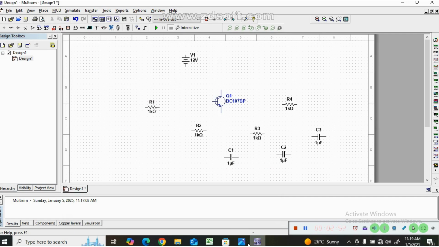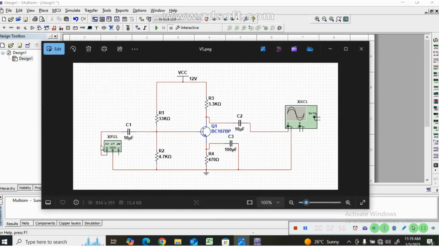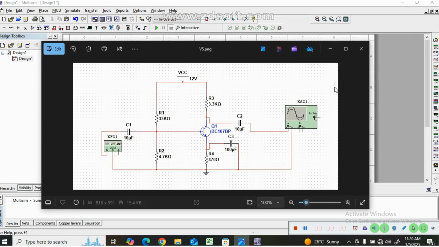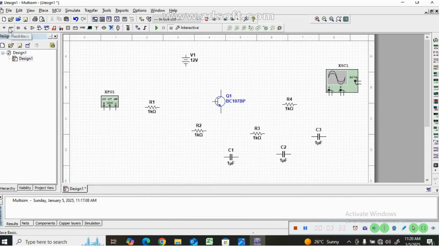Then with the help of the AFO we are going to generate the input frequency, so we have to select the AFO also. To select the AFO, on the right hand side you can see any number of menus: multimeter, function generator, wattmeter and oscilloscope. The second one is the function generator, and I am selecting the function generator. Of course we are going to measure the output with the CRO, so that is also selected here. I think all the components are selected, and the one more component we have left out in the design is the ground terminal, so that also we have to select. Here, in the same way,